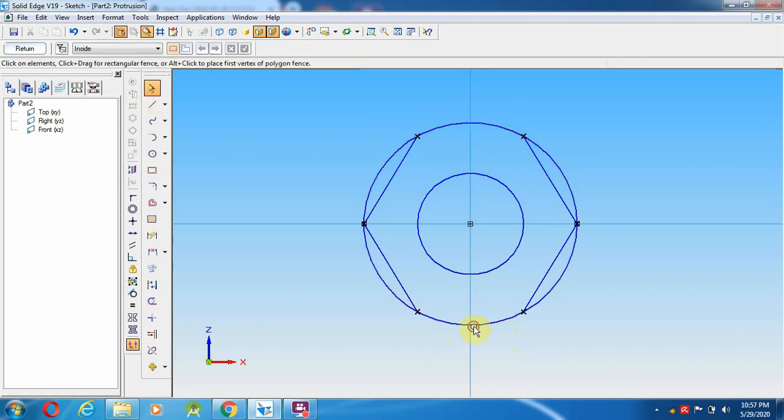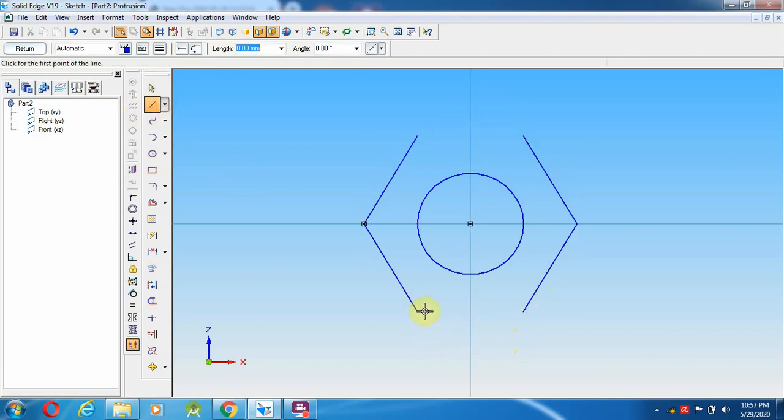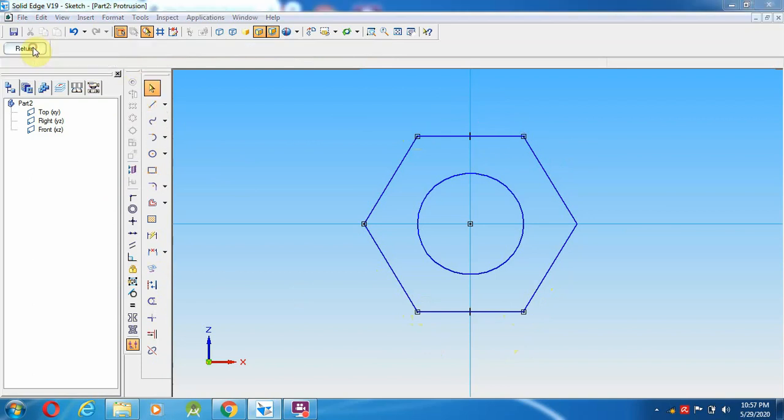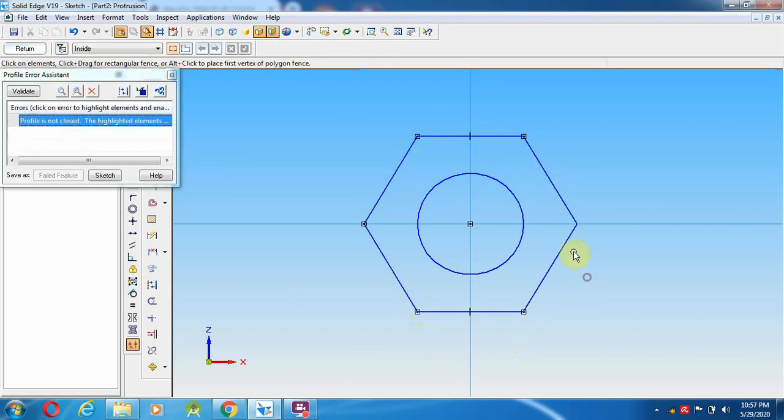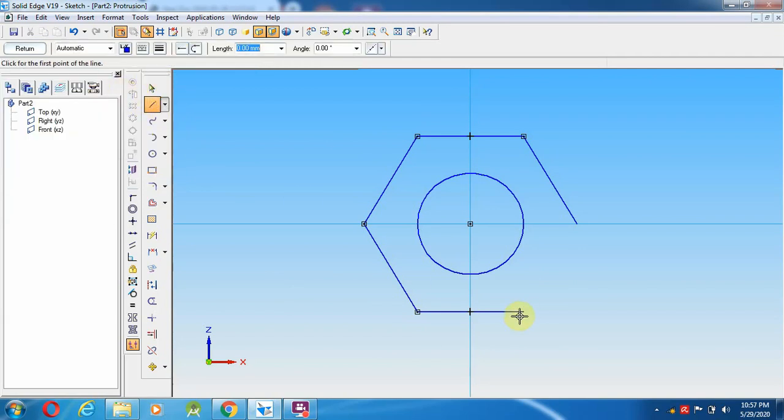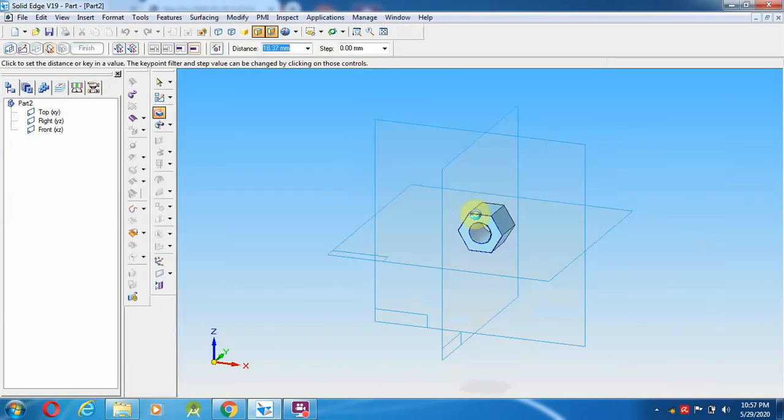Then delete the circle, select a line over here and join the ends of the line. After joining the line, give return. Whichever ends are not connected properly, you join the endpoints. Select a line from here and here, then go to the return option.